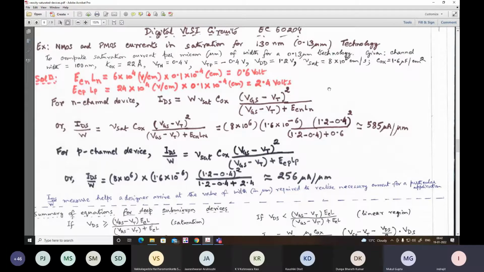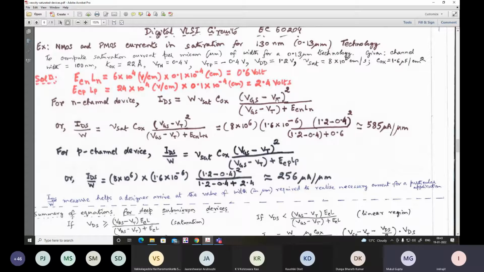But again, as earlier, full scaling was attempted, that means constant field scaling. So with the downscaling of the device, from say 200 to 100, the field was not exactly downscaled. That means from 1.8 volt it did not come to 0.9 volt, but the bias voltage was kept at 1.2 volt. So for 130 nanometer, the gate to source voltage is taken to be 1.2 volt. For 180, it is kept at 1.8 volt.